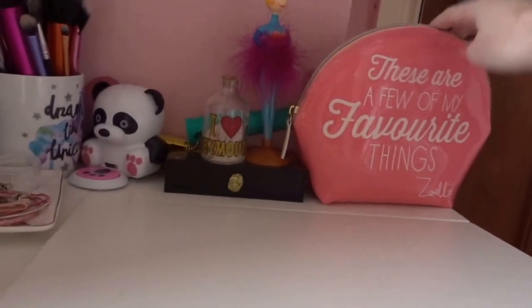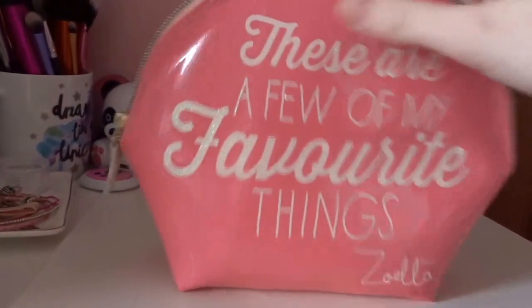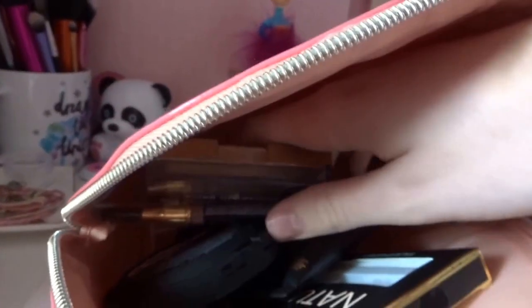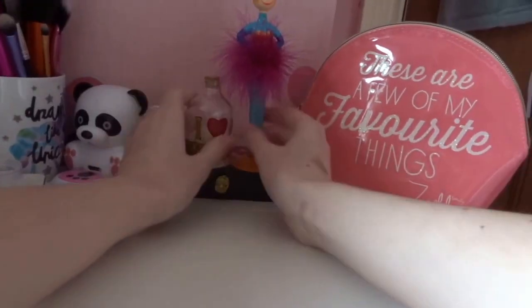Okay, so it's now about 2 hours later because I had to stop filming, but here's what's inside the actual desk part of my makeup collection. So on top I have, these are a few of my favourite things, so a makeup bag. I have a load of Primark makeup which I tested out. In here is